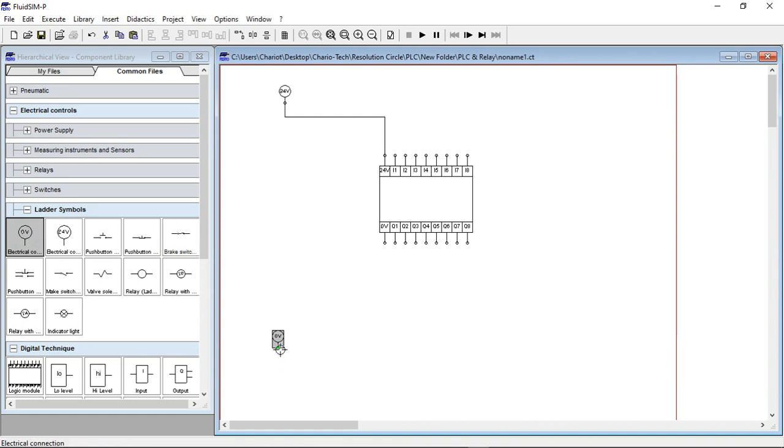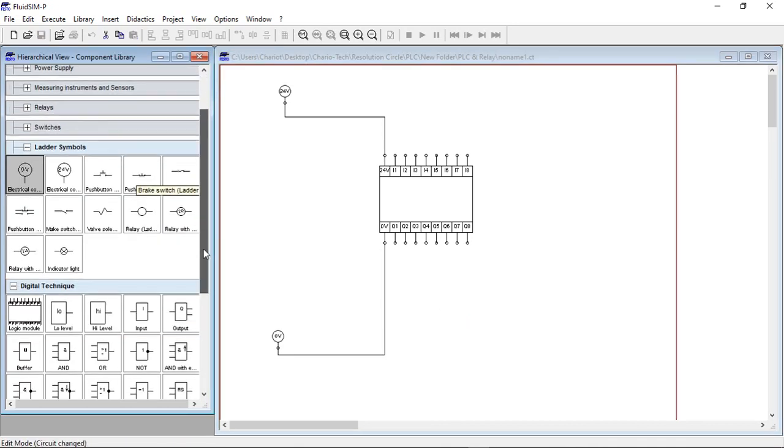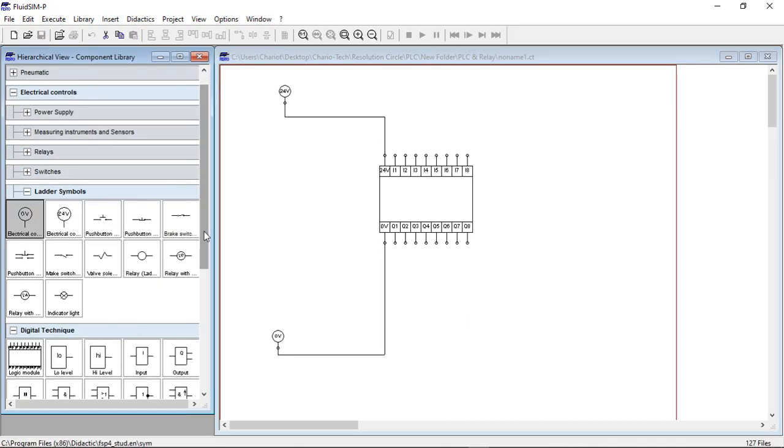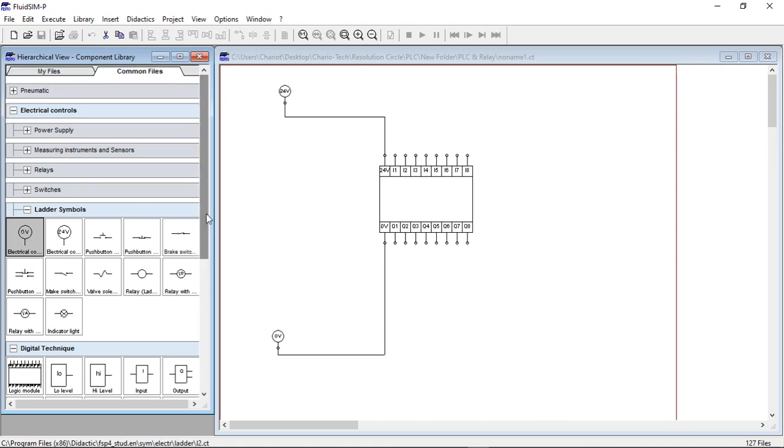Then I can give it a ground. Okay, now since I've powered my PLC, then I can start building my circuit. Let's say I want to design